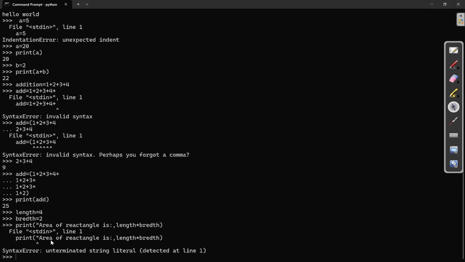So we are getting the error, that is "area of rectangle is", okay, detected at line number 1. This error, we must not get this error. Let me write the print statement again. Print,